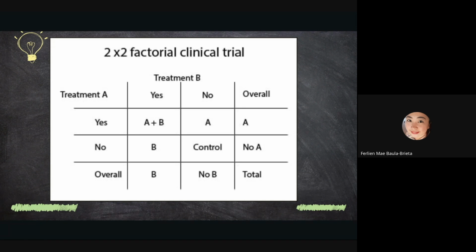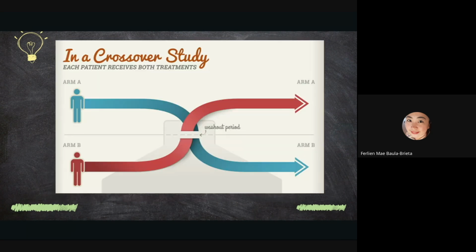Okay? So they use this factorial clinical trial. It says it favors this one instead of this, and no management at all. Another one is a crossover study. So it's very simple with this arm, right? It's very obvious that every arm receives the same intervention. From the word, it crosses over to the other intervention. So arm A, arm B.